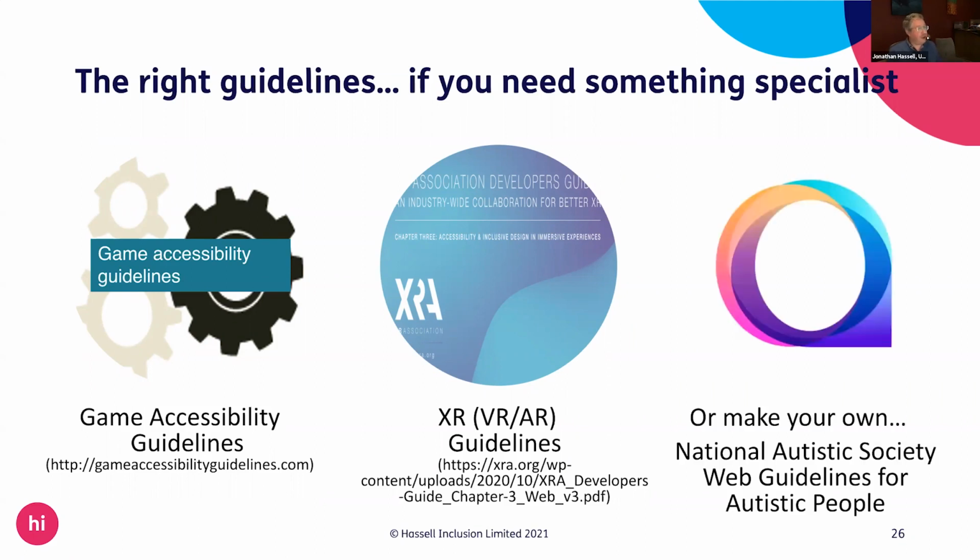And then the last example I'm actually going to come back to later on in the session today, which is sometimes you may need to make your own. So WCAG is not good at representing the needs of people who are autistic. The National Autistic Society were really, really clear about that, and they asked us to do some work to try and right that situation. So sometimes you may need to create your own, and that's exactly what we did for them.